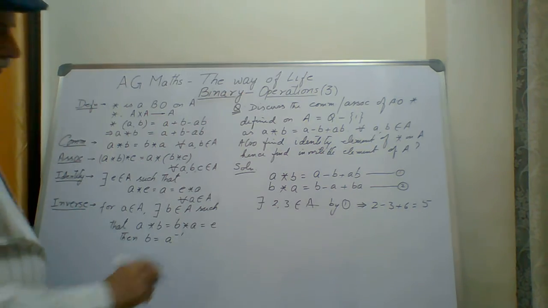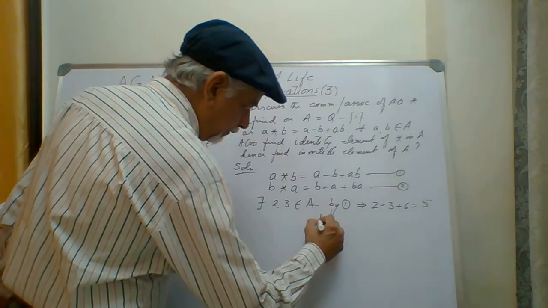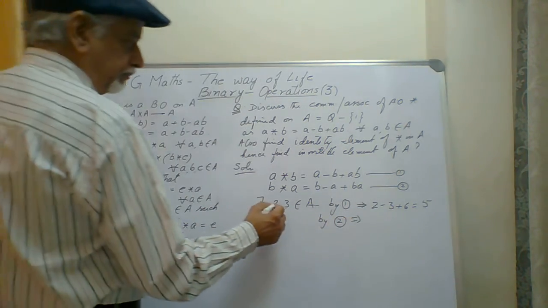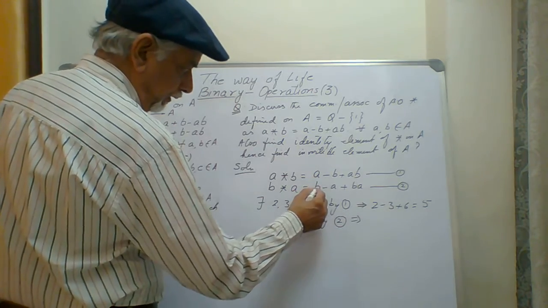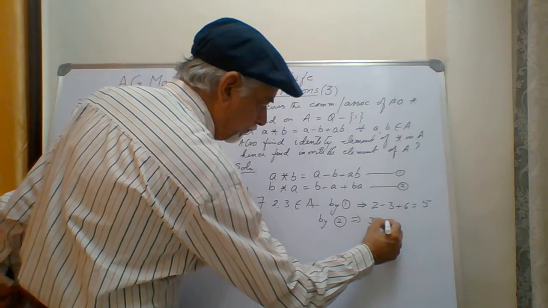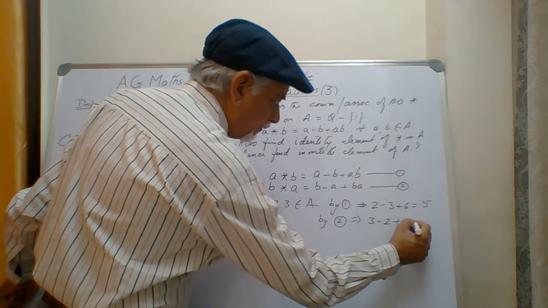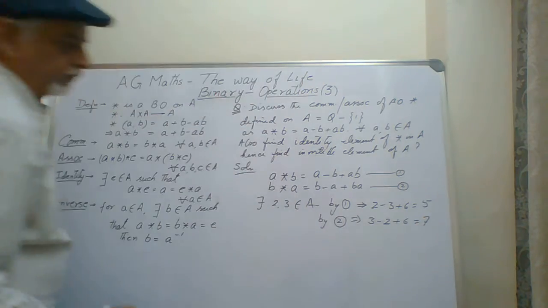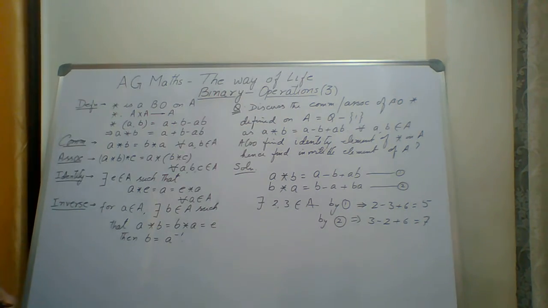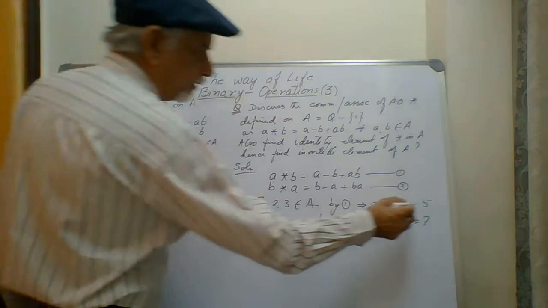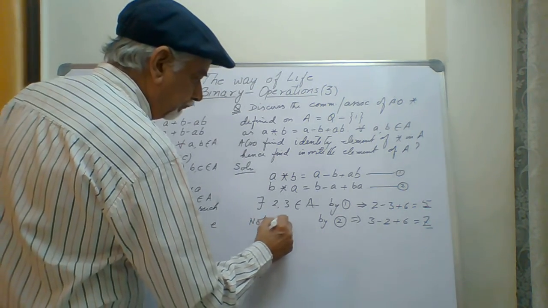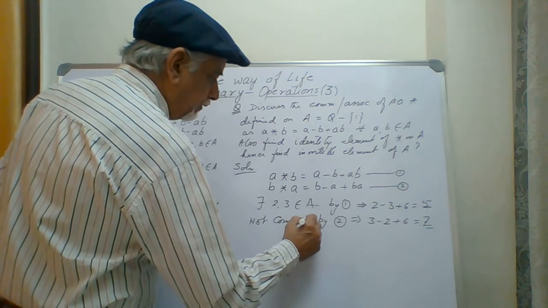Right? And by 2 what we can get? If I take result 2, then instead of B I will write 3, so 3 minus 2 and plus 6 is also there. So now it is 6 plus 3 is 9 minus 2 is 7. Now we see that result 1 and 2 by taking any other number is not matching. So the results are not same. 5 is not equal to 7. So we say not commutative. This property is not followed.